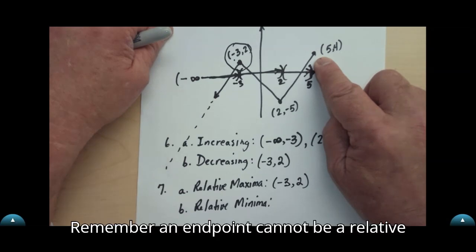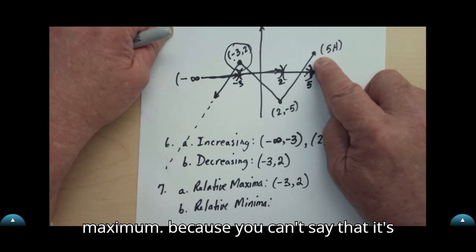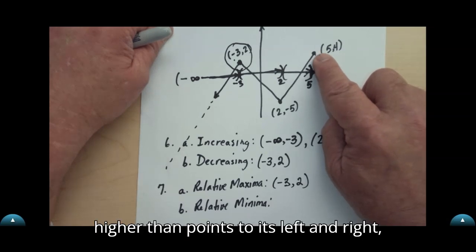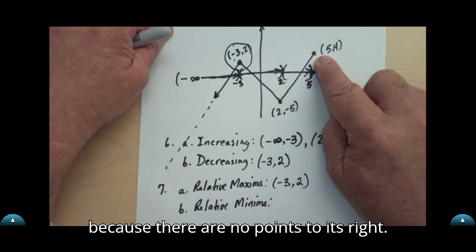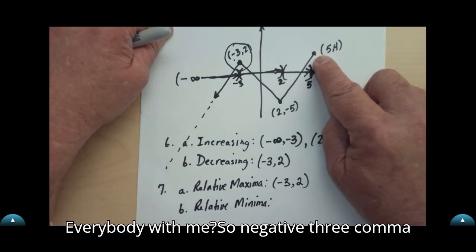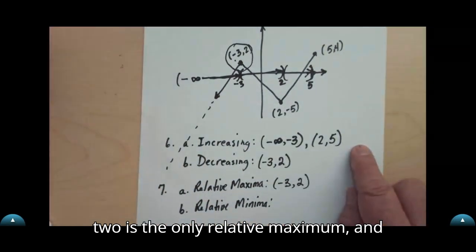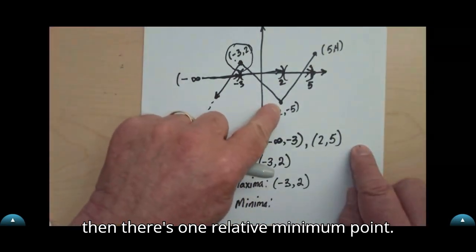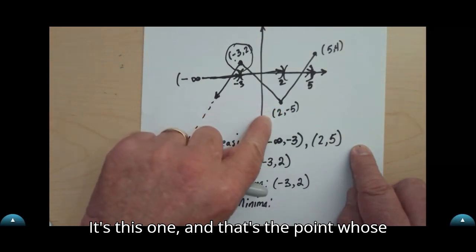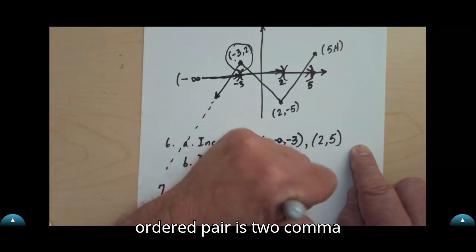Remember, an end point cannot be a relative maximum because you can't say that it's higher than points to its left and right, because there are no points to its right. Everybody with me? So (-3, 2) is the only relative maximum. And then there's one relative minimum point. It's this one. And that's the point whose ordered pair is (2,